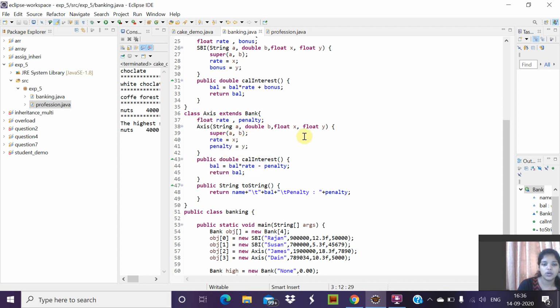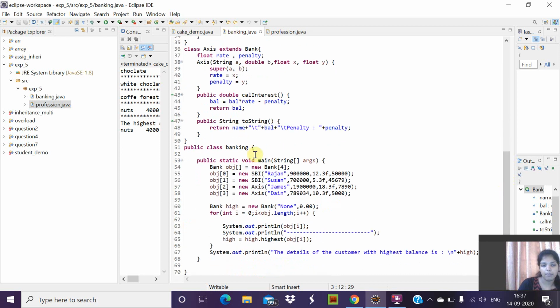Then we are assigning rate equal to x and penalty equal to y. Again, we are overriding the function calc interest, where balance will be calculated using the formula bal into rate minus penalty, and it will return bal. Then this is again function overriding toString, which will return or print name, bal, penalty.